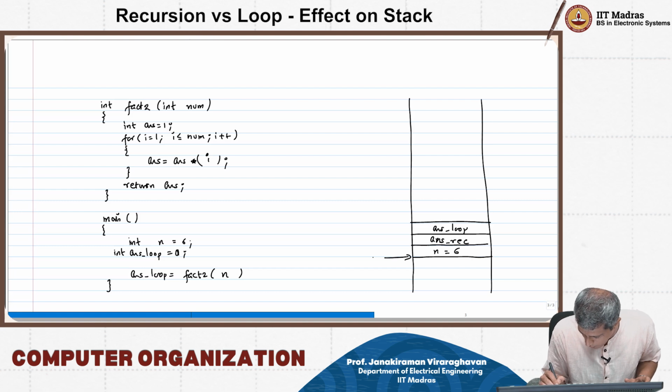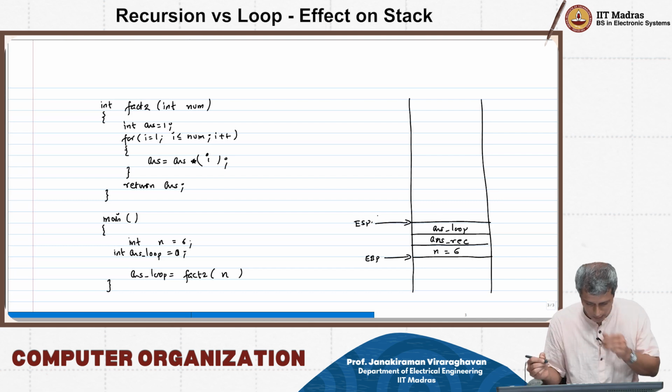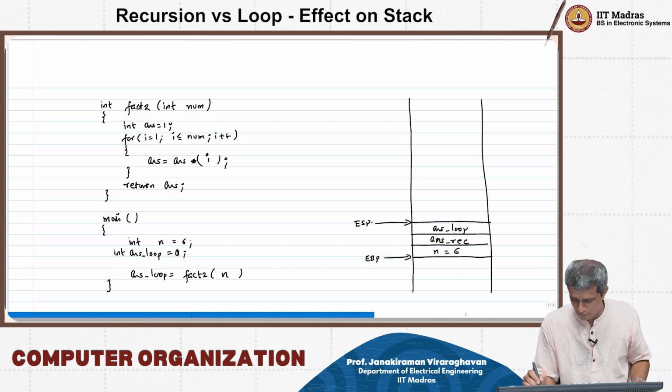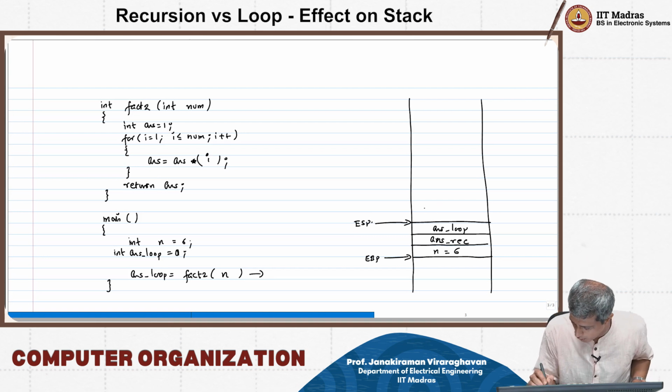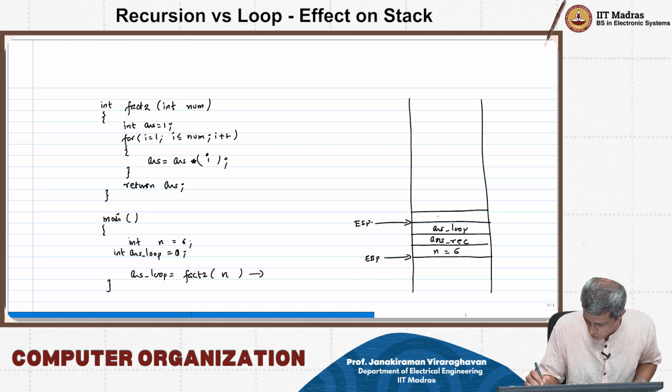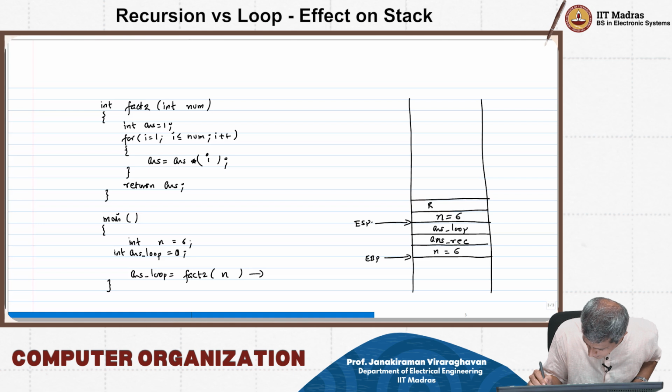This is where EBP was pointing, ESP was pointing here, and then we are going to call this function, which means you are going to push the n onto stack, n equal to 6 will be pushed onto stack. Then you will do the return address in main,